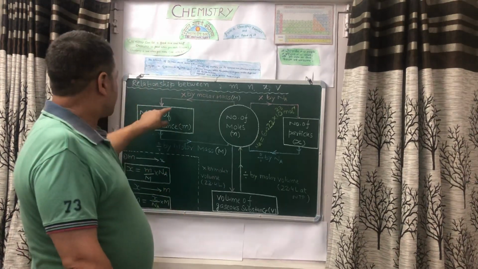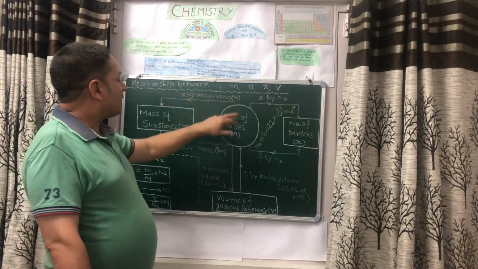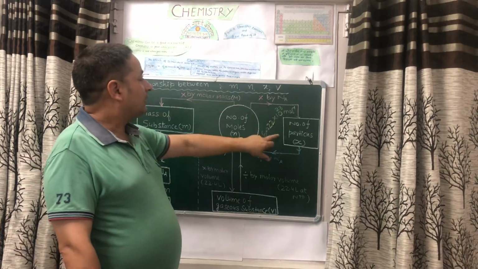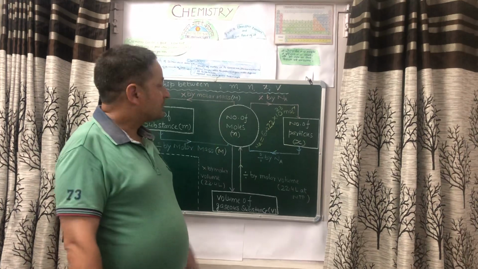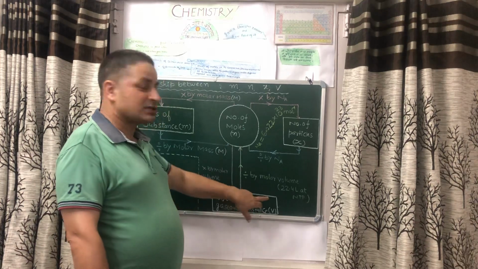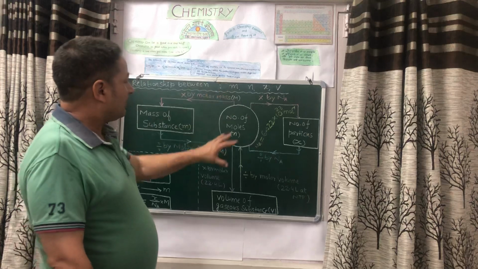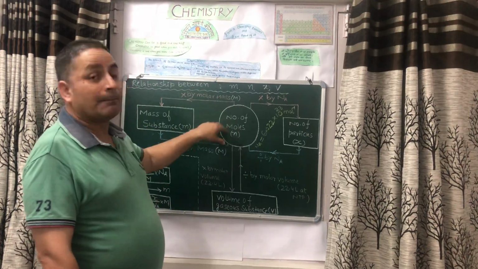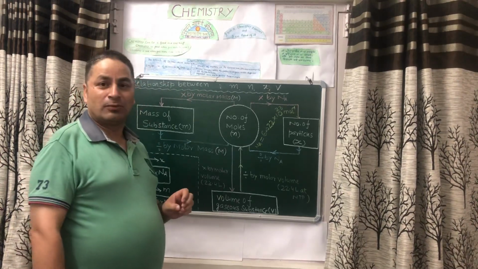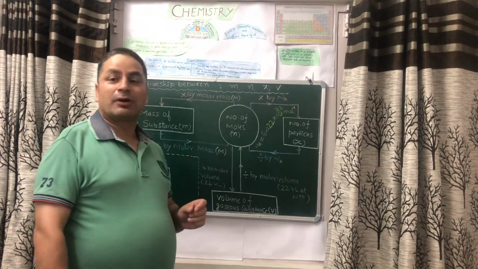So first, mass of substance is represented by the symbol M. The number of moles is represented by the letter small n, and the number of particles is represented by X. Similarly, the volume of the gaseous substance is represented by V. Now see, the main head office of the mole concept is the number of moles. Once you know how the different quantities are converted into number of moles, then we can convert the other quantities with the help of this number of moles.